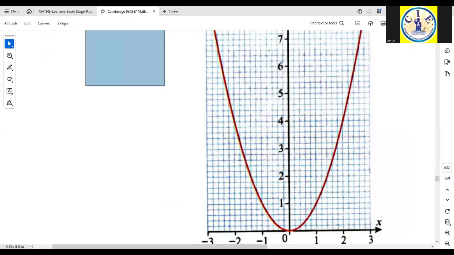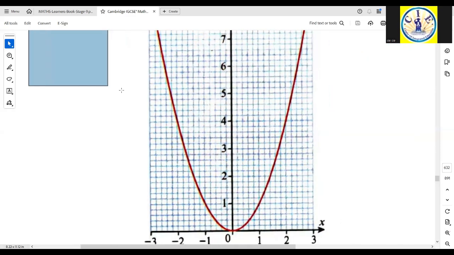1.5 and 2.25. This is 1.5 and 2.25. Here is 2.5, and now in between this will be 2.25. Now if I draw a straight line